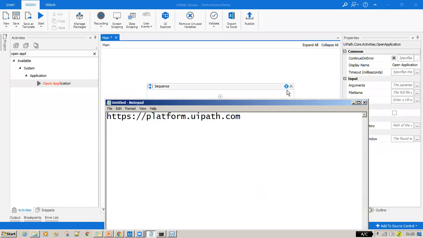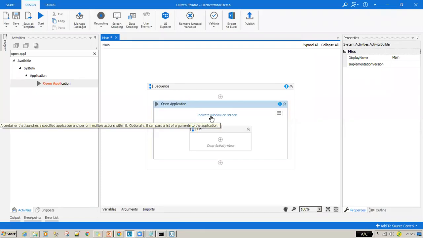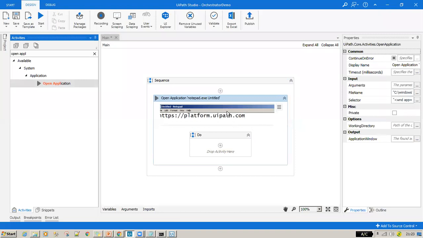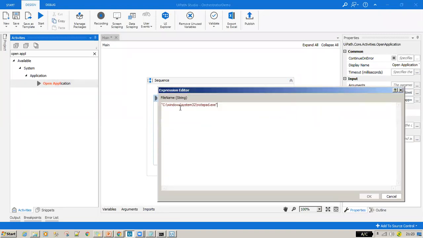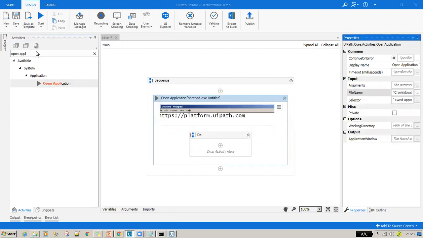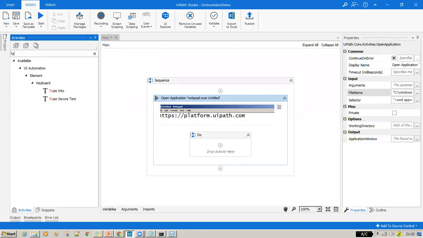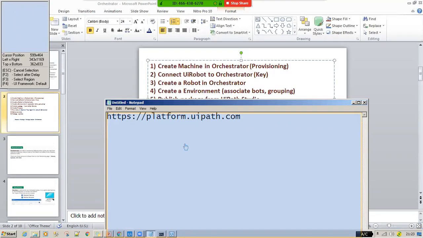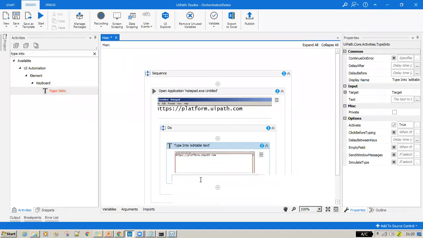In the Open Application activity, I'm trying to indicate a window. Once you select this window, automatically it's going to invoke the application, which is notepad.exe. And I'm going to use Type Into in the Do scope, and just type in here, for demo, orchestrator demo.